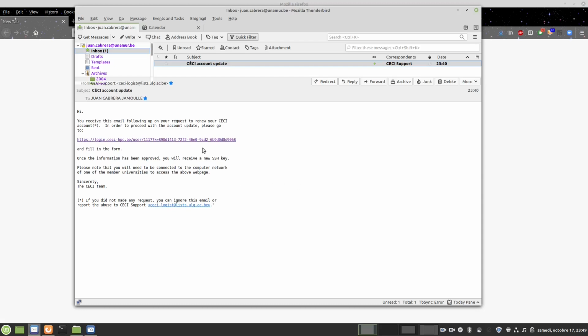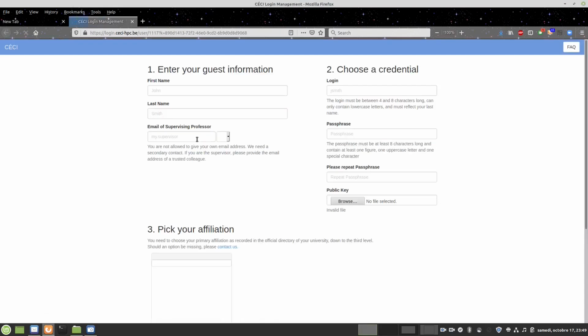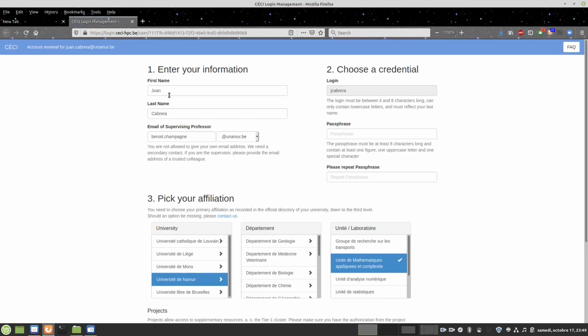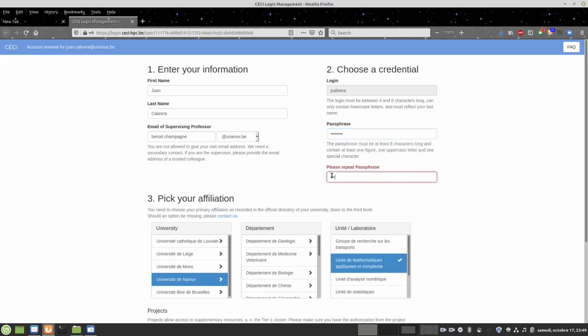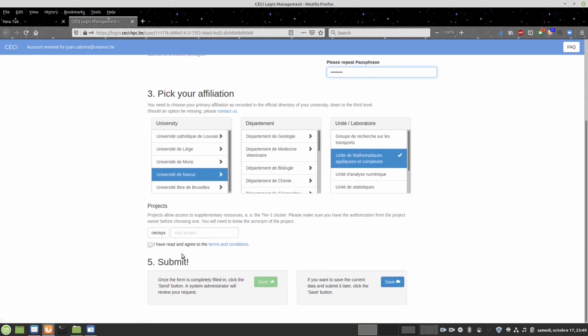You will receive an email with a link to a form that you need to fill. Set your name, last name, and supervisor email. In my case, everything is already filled because I am just renewing the key. The only thing I have to put is my passphrase. Check the terms and conditions and send